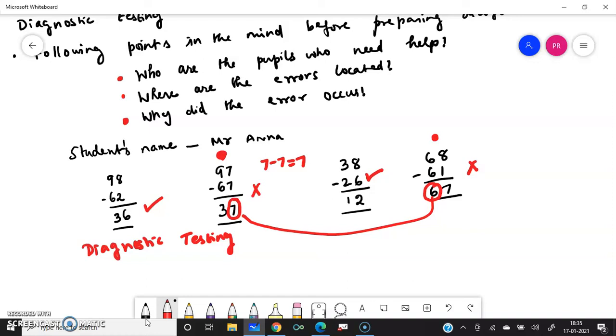Then you should analyze. You analyzed the answer paper. The answer he has written, not only marking correct or wrong, you also analyzed where exactly that student is making the mistake, and you located the weakness or error, where exactly the student is making the error. So the aim of a diagnostic test is to analyze, not to assess.